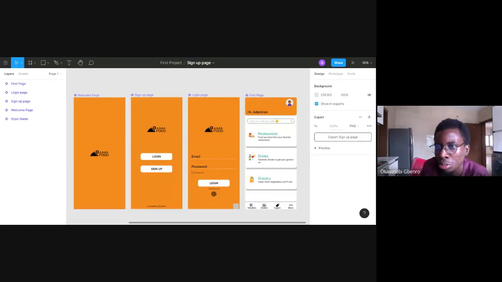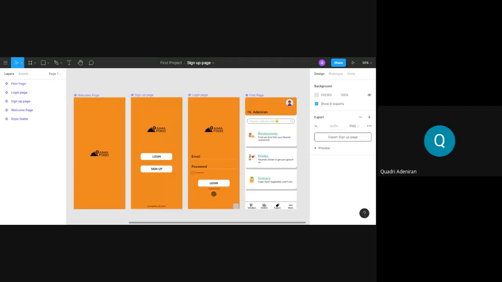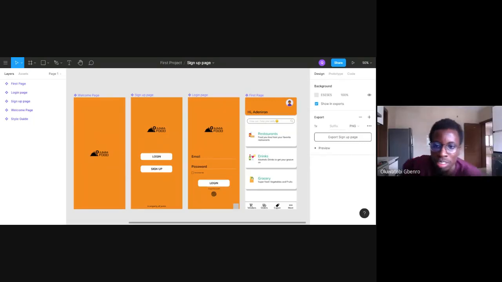Because this orange is a little bit bright. Yes, I actually picked it up from their site. Oh, okay, that aside, then